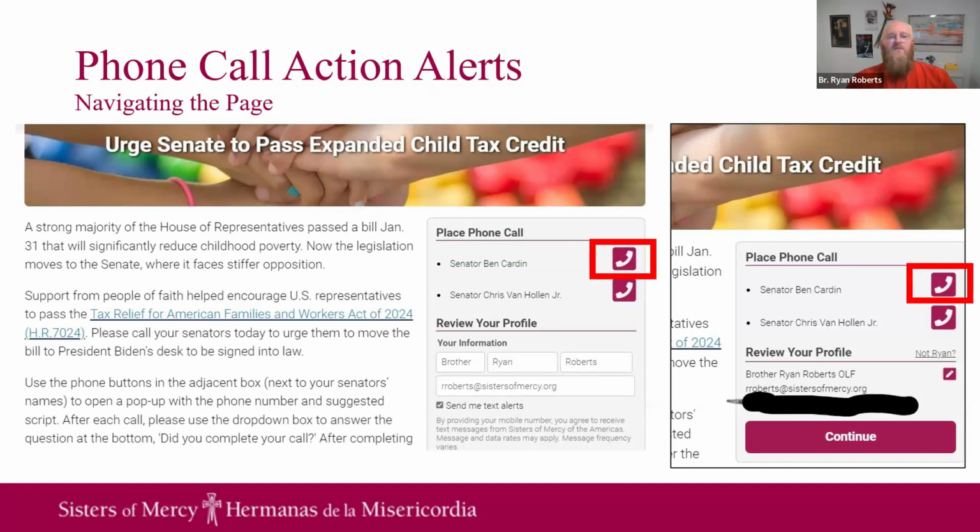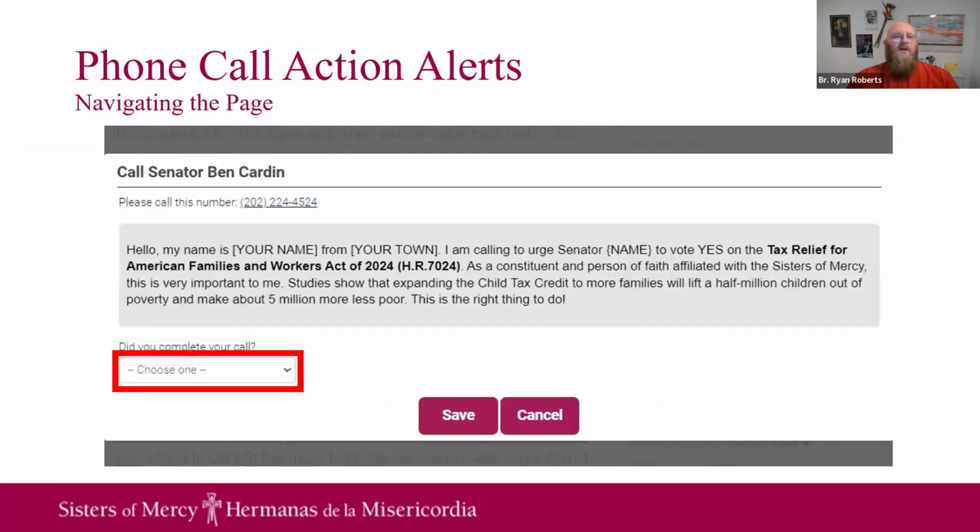When you do that, it will, again, gray out most of your screen and pop up this white window that has a number of pieces. Right at the top, you'll see it tells you who you'll be making the phone call to, in this case, Senator Ben Cardin. Right beneath that is the phone number to his office in the Capitol in Washington, D.C. On occasion, we've used a phone number through sometimes the network, and we will paste that phone number into this center box here. That center area is the script that we recommend that you use.